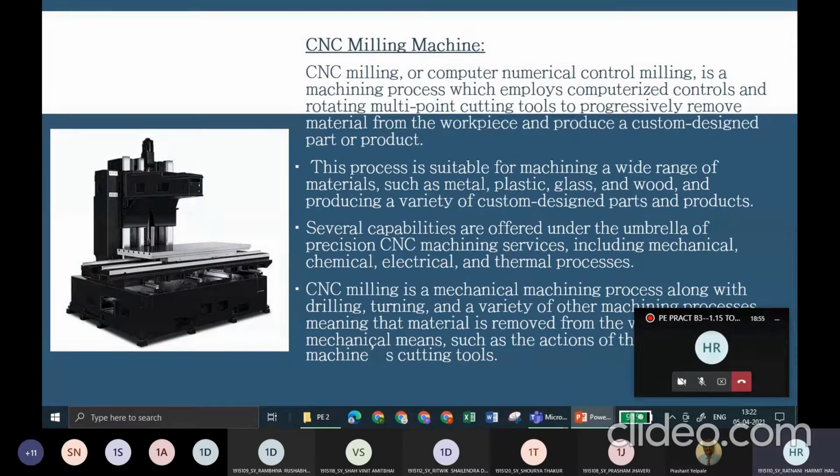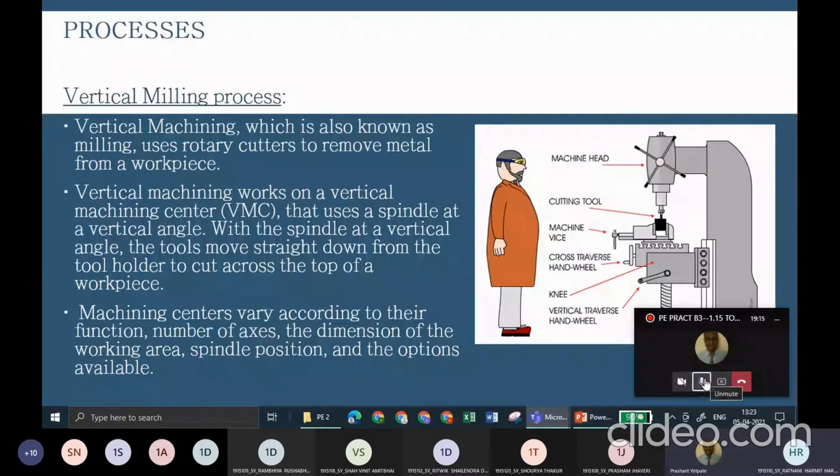We will also discuss some advantages. The CNC milling machine is of lower cost and more capable than the vertical milling machine. Next. Yes, you can continue. Yes, sir.